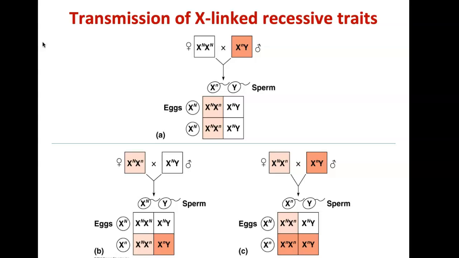Y chromosome. Now, doing another cross at the bottom with the carrier females, on the bottom left, you have a carrier female who's crossed with a typical or normal male, and on the far right, you can see the carrier female, or mom, is crossed with a dad who has the trait. And the carriers, I don't think I said, or you could figure it out, the carriers are shown as